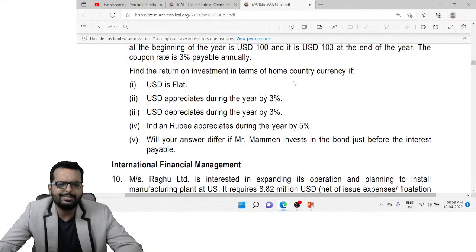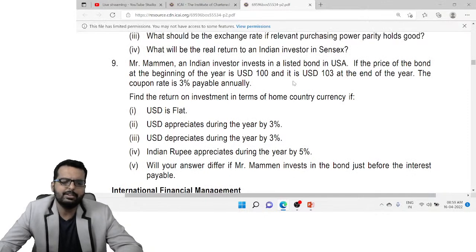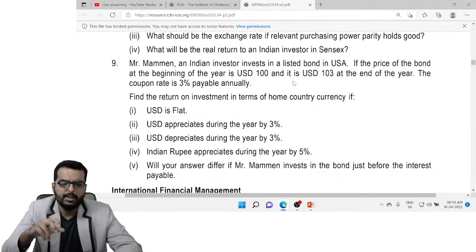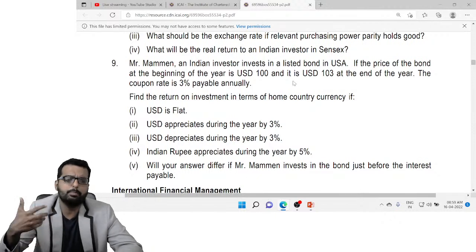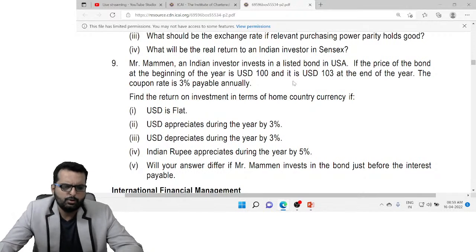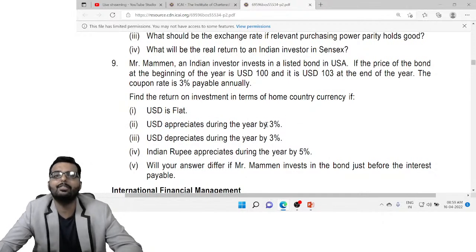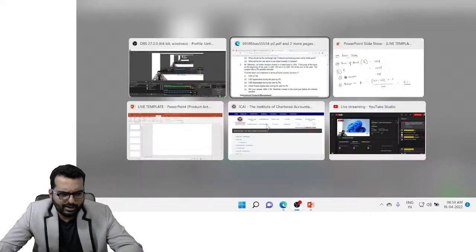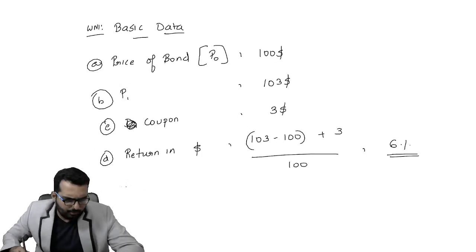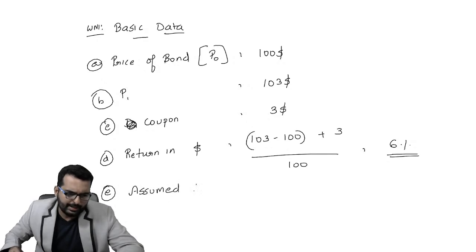So, friends, being an Indian investor, I should have some spot Indian exchange rate. In this question, they have not provided an exchange rate, which is creating some confusion. When USD is flat, there is no problem at all. But if USD is appreciating, we will have a small confusion. So we will make some assumptions over here. We'll write down point number E. It is assumed that